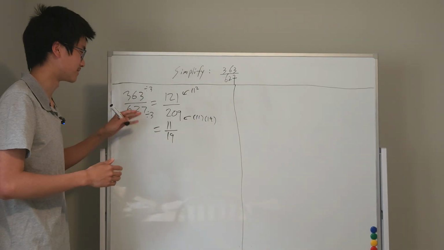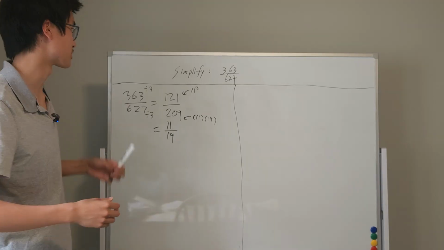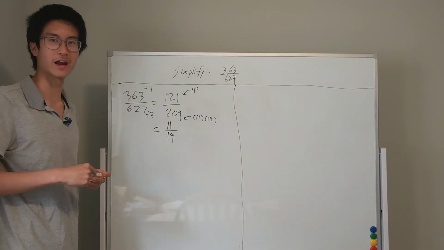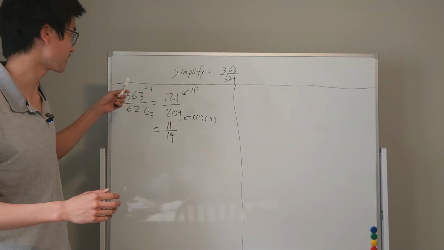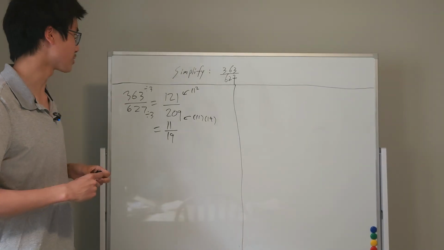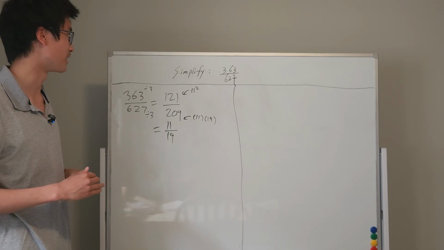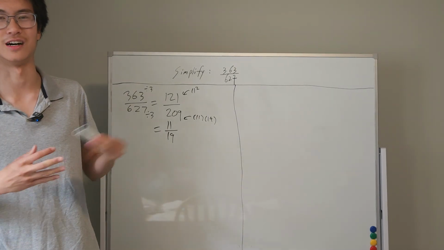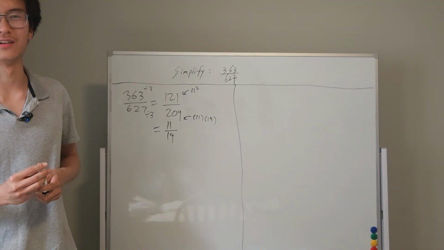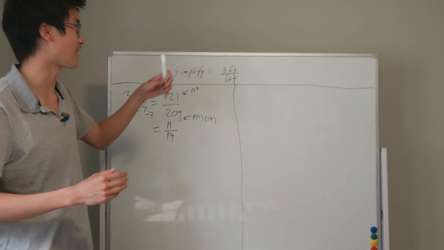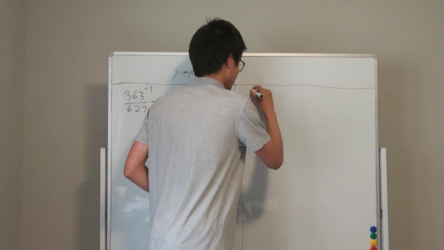So this seems like fewer steps, but this is only because the numbers are convenient, because we were able to find a common divisor that's conveniently very small, which is 3. We also are lucky with this number 121 because we know by heart that 11 times 11 is 121. But now we are going to be exploring a method for what happens if these numbers are not as convenient. And this is what we call successive subtraction,